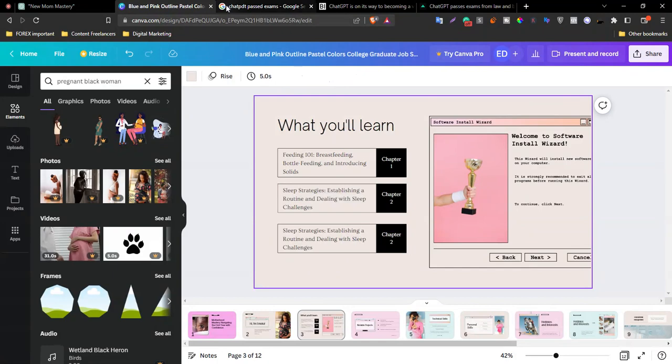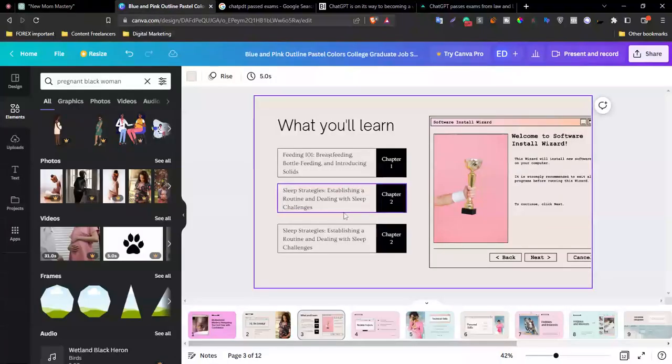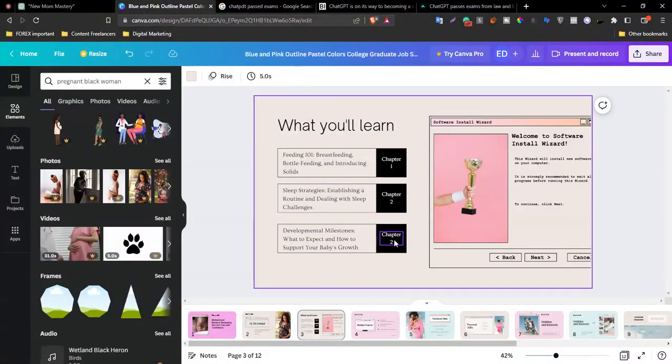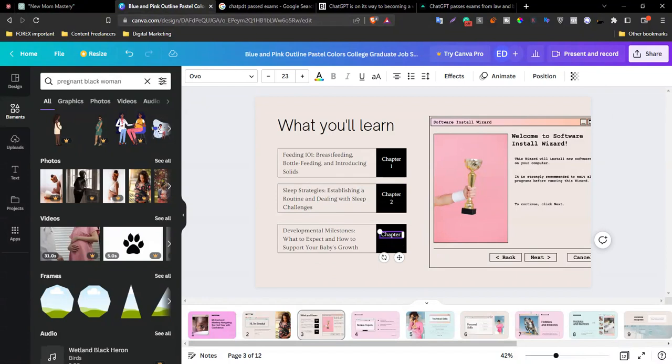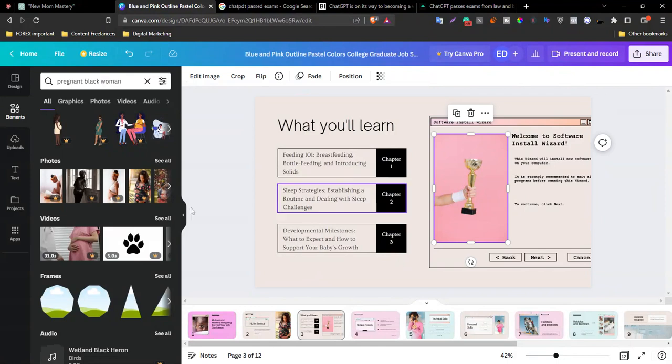Nice. So I'll keep doing this. Let me do it for the third one. Control C. I'll come back here and I'll select this. Control V. Interesting. So I'll turn this to chapter 3. Can you see how our course is getting ready? I'll come back here. I'll change it to the image of a baby,